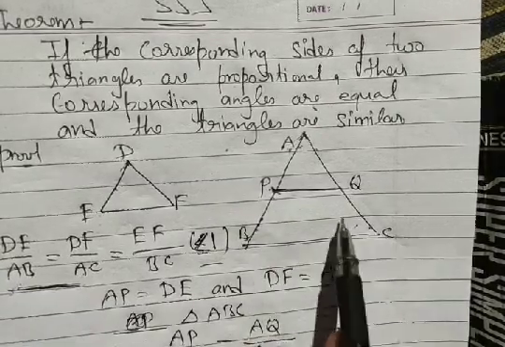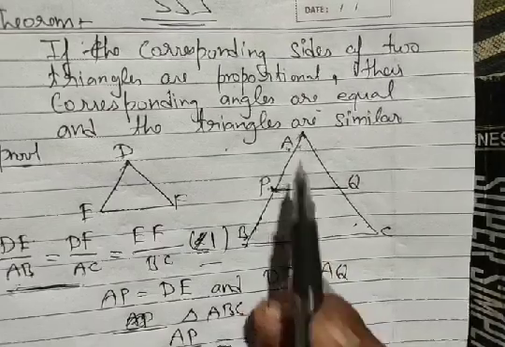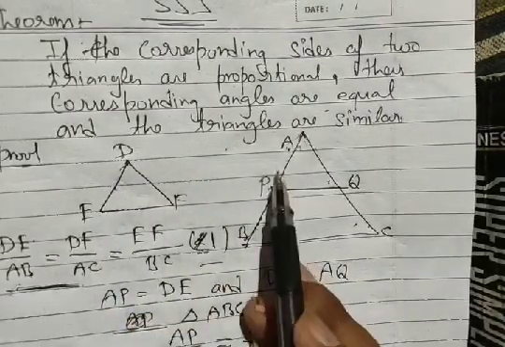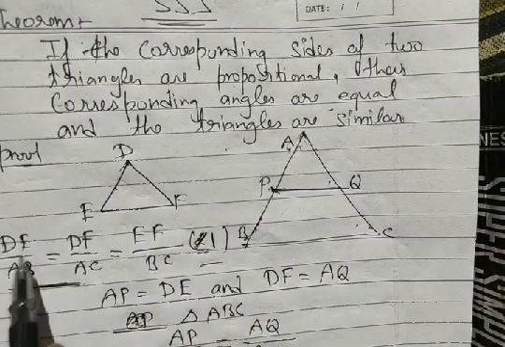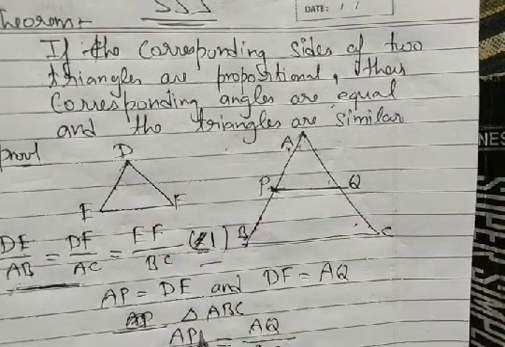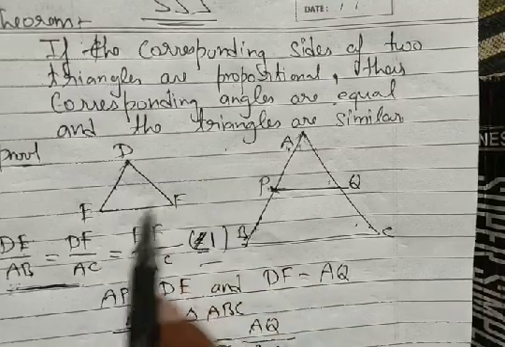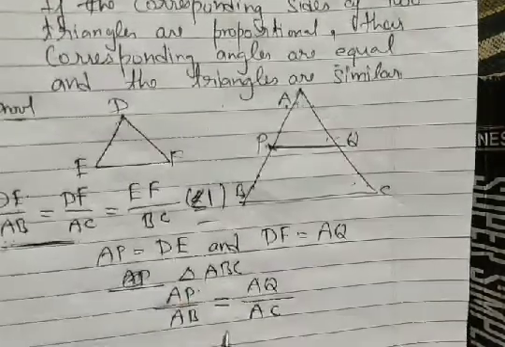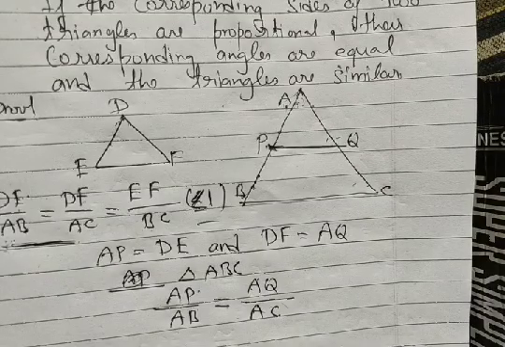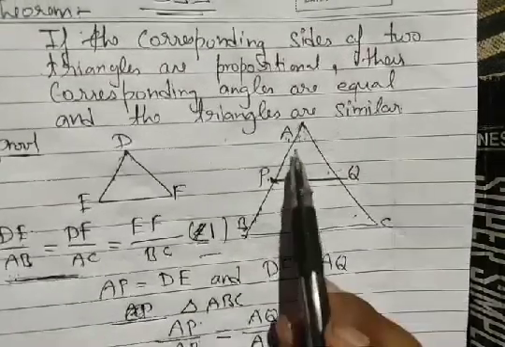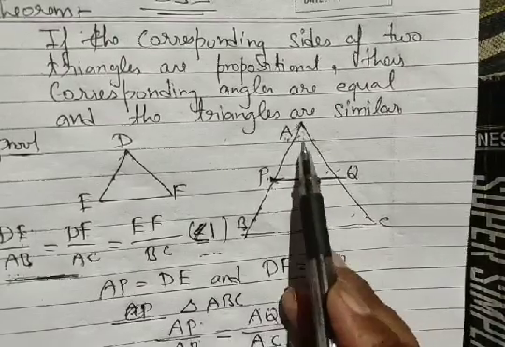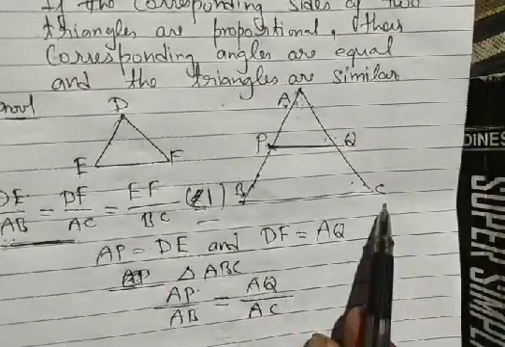Since we have drawn this, we have drawn AP. Our AP is equal to DE and our AQ is equal to DF. I'm going to change in the place of DE; we write down AP is to AB, and in the place of DF we write down AQ is to AC. Now again we are going to change by corollary. In triangle we have AP is to AB is to AQ is to QC.